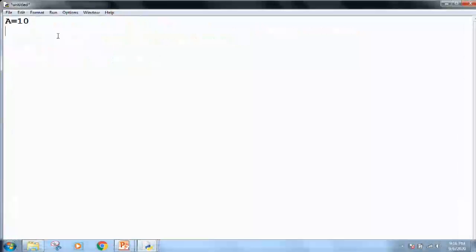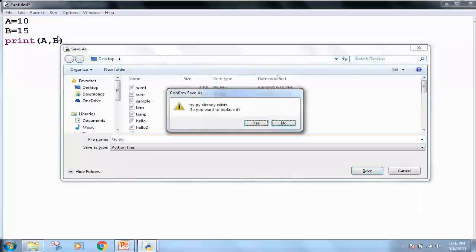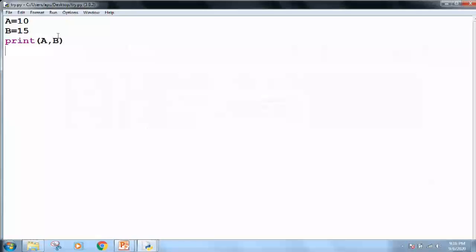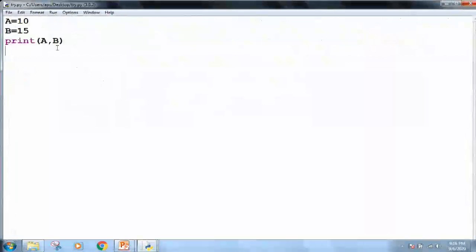Again saving this program, I will run it and show you its output. See, the values 10 and 15 are printed here. So what I was telling you is that Python automatically shows the values here. Here a and b are the values which are displayed to you.